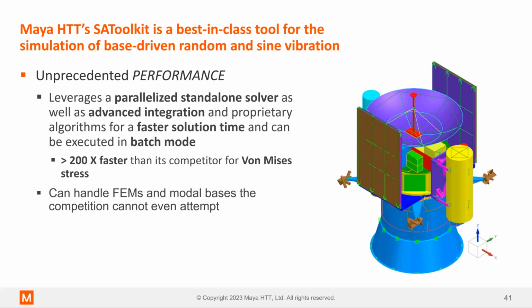When it's so fast, that means you can do larger models. You could even do a satellite model where your PCBs are actually in the model instead of doing things separately like you might normally do, because it doesn't matter if you add an extra 5,000, 10,000 elements and nodes into that model. It's going to solve quickly in seconds.